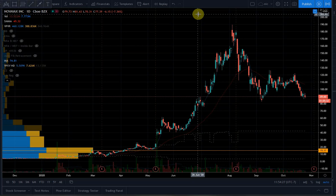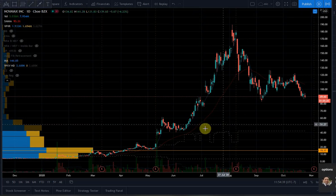Okay, so looking at this chart, it's pretty confusing, right? Up, down, but it's a lot clearer than you think. This is a daily chart, nothing fancy about it. It's about 1 year worth of data. So you can see that